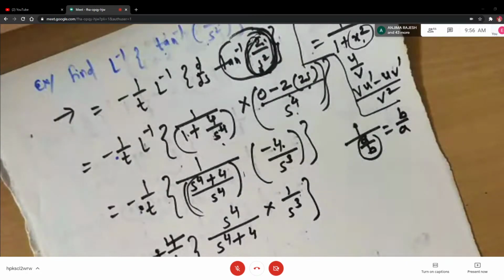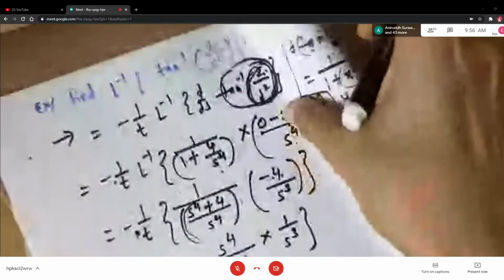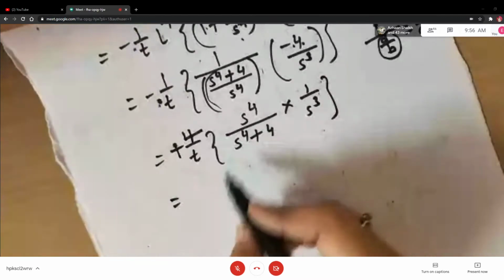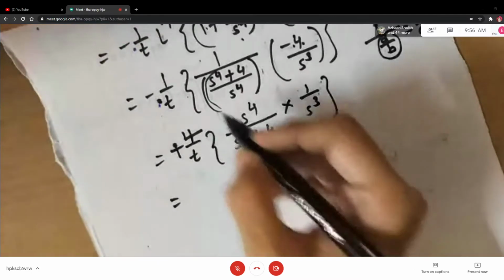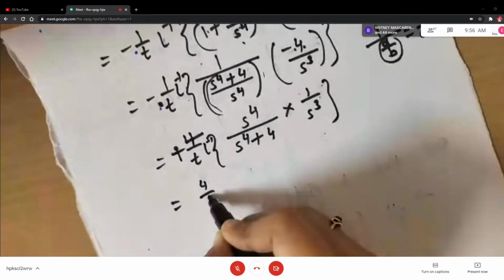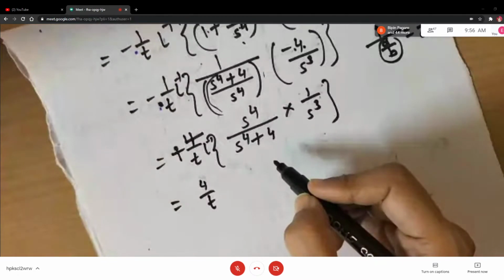Okay. So if you observe, nothing I am doing other than simplification. Only first step is something new for you because it is a new formula. Once I substitute for f of s, further things are just differentiation, cross multiplication, simplification. Okay. So now see what you get. S cube will get cancelled. So it is 1 upon t. L inverse is there. Don't forget this L inverse to write. So 4 upon t as it is I am writing here.